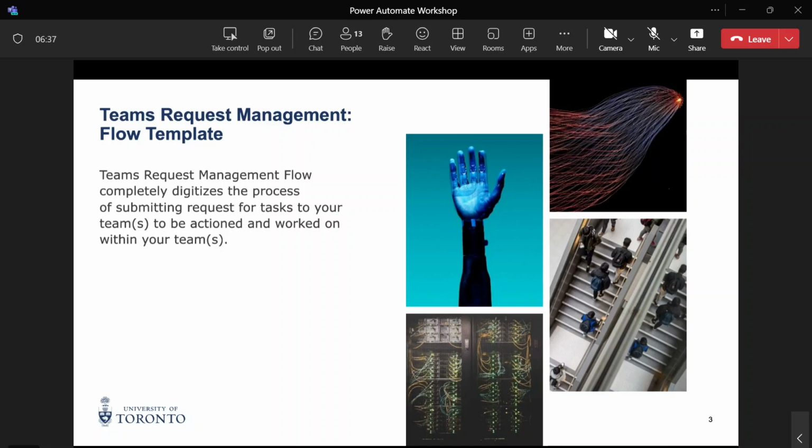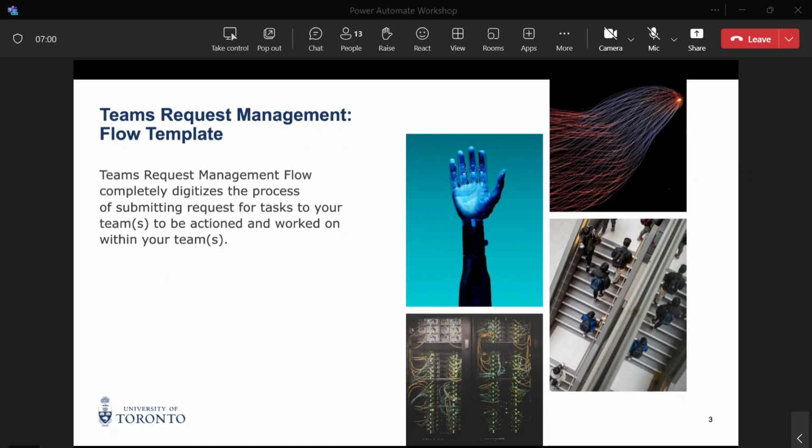So if you have any paper processes or email-based processes, hopefully it'll help eliminate or improve that. And once the submission is complete, it'll also help with collaboration between your teams and allow the task to be worked on and actioned